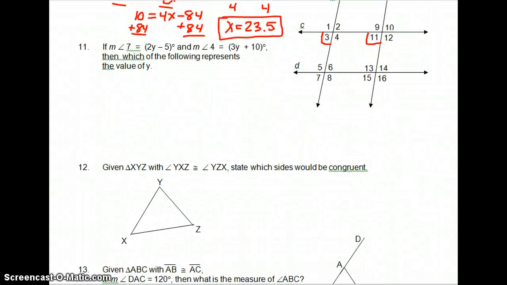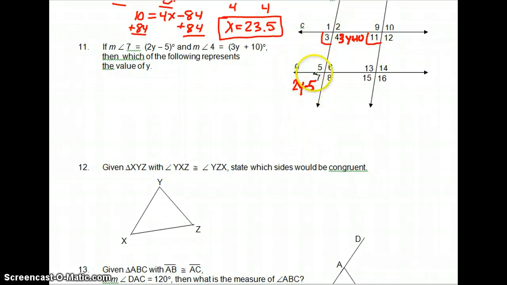Number 11. Measure of angle 7 is 2y minus 5. It's right here, 2y minus 5. And angle 4 is 3y plus 10. That's up here, 3y plus 10. Solve for y. Okay, well these two angles don't match any of the ones that we know about because this